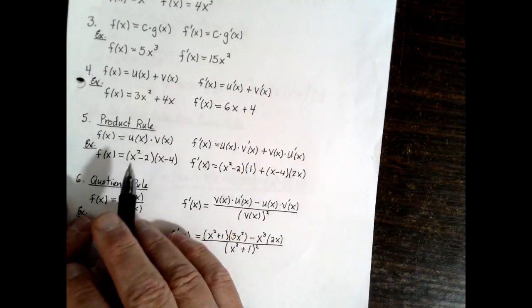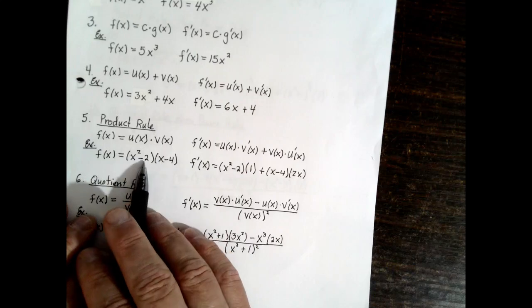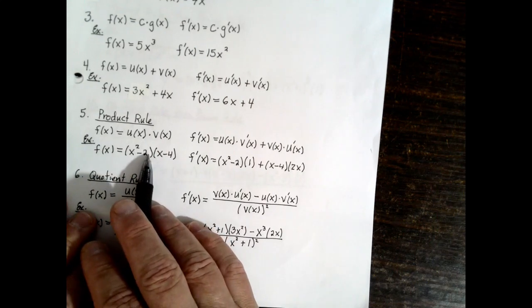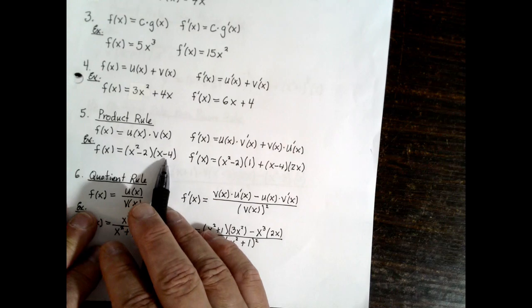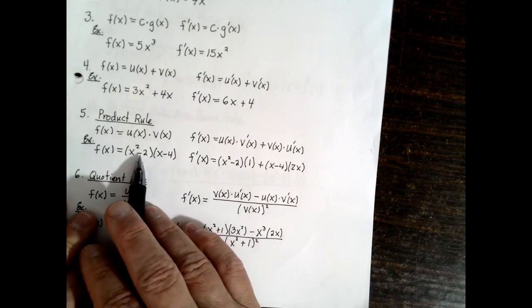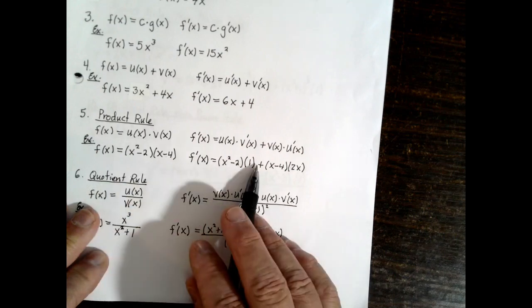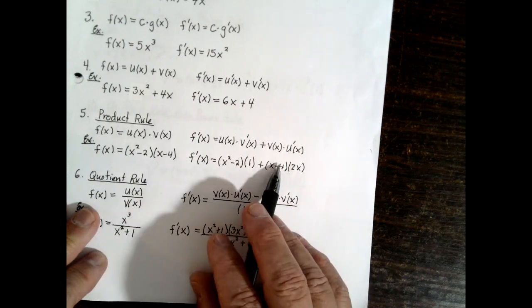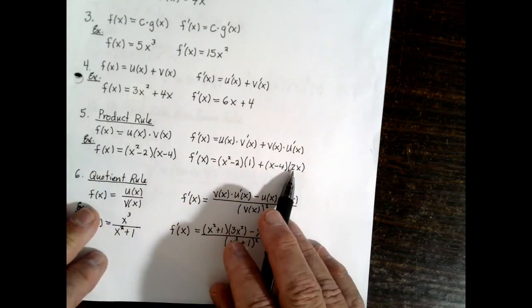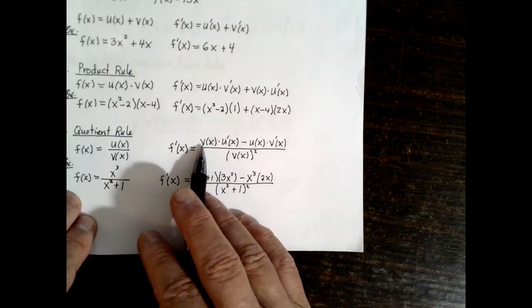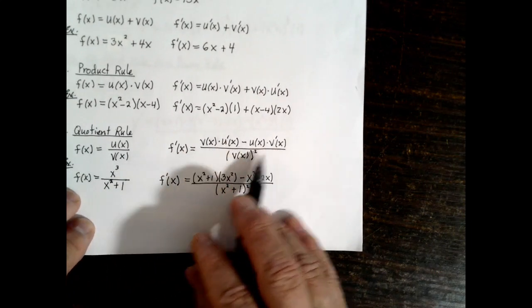Product rule, a little more complicated. When you got 2 things that are multiplied together, like this guy times this guy, it's the first times the derivative of the second, plus the second times the derivative of the first. So you got the first, untouched, derivative of the second is 1, plus the second, untouched, times the derivative of the first, 2x. Quotient rule, that's bottom derivative of the top minus top derivative of the bottom over the bottom